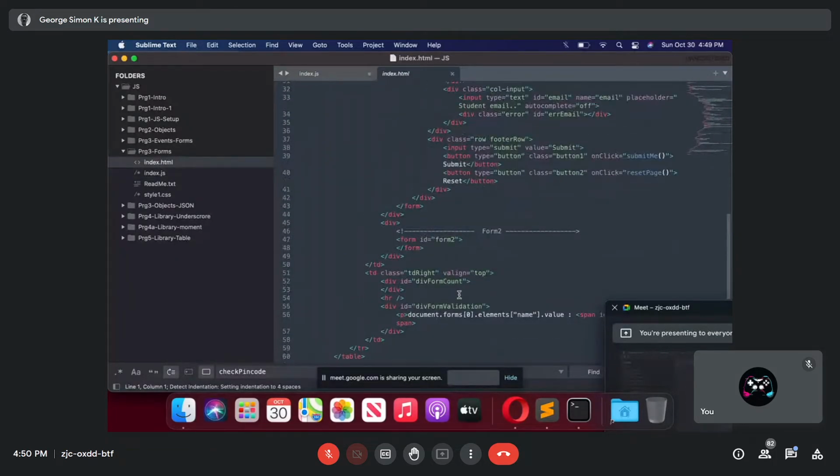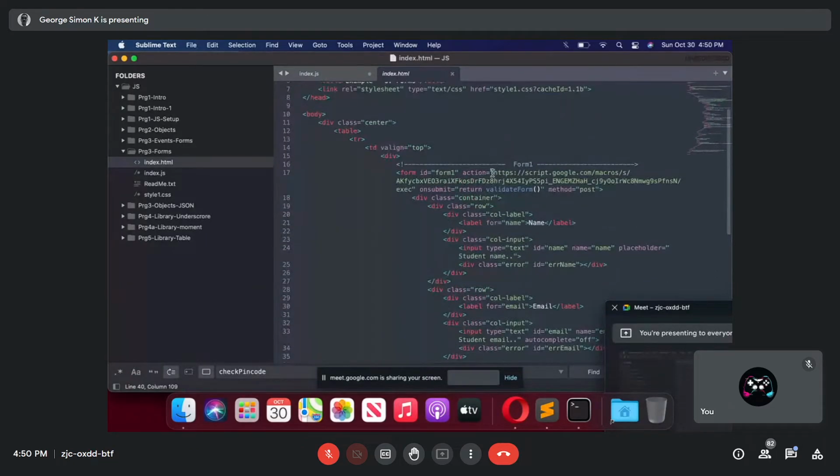If you are using the first submit, where you need the validation, that is, you are using input type equal to submit, and you need to submit this form only if the user fills the entire criteria, then this method you have to write, that is onsubmit equal to return validateForm.